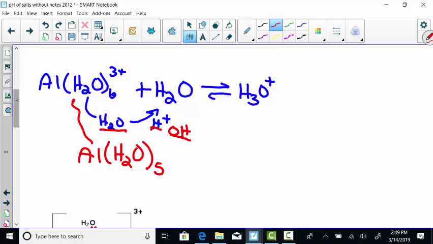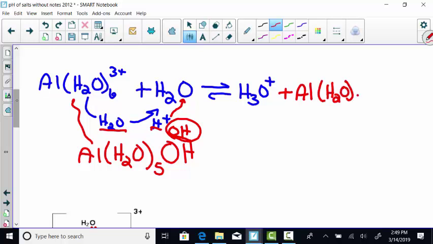We gave up one of the hydrogens, so one of the hydrogens went to this. So I still have this OH left that's tacked onto this compound. So the other product is AlH2O5 OH